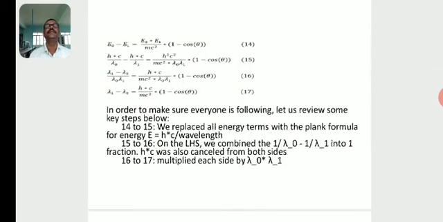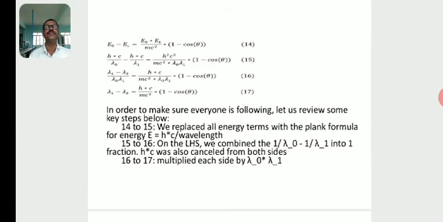Then look here, E0 − E1 = (E0E1/mc²)(1 − cos θ), where E0 can be written as hc/λ0 and E1 as hc/λ1. So it's again h²c²/(mc² λ0 λ1) into (1 − cos θ). Then after simplification, to see the last equation, I think equation 17: λ1 − λ0 = (hc/mc²)(1 − cos θ). That's this equation number 17.